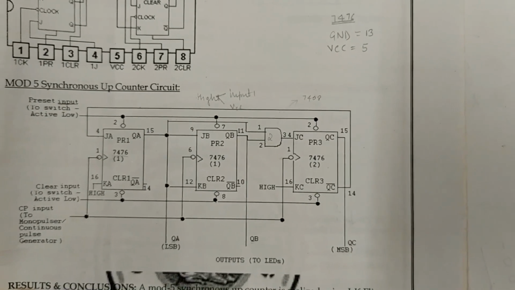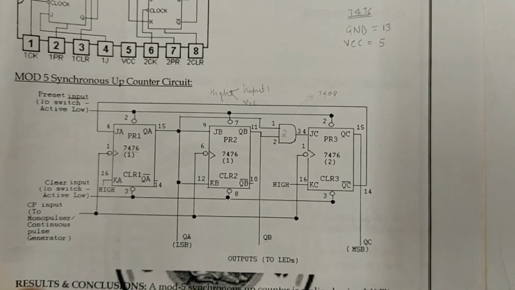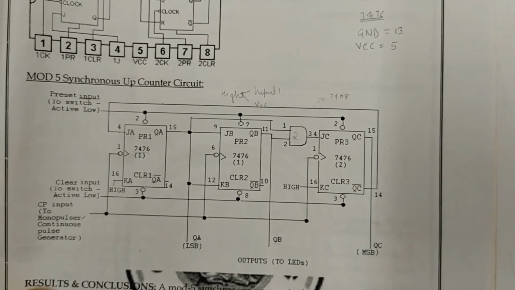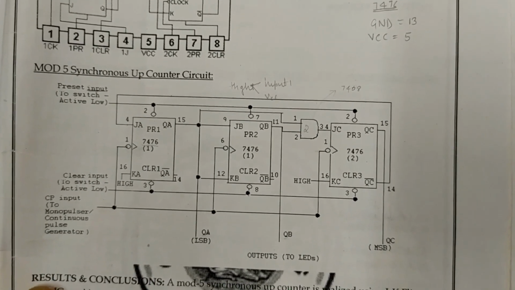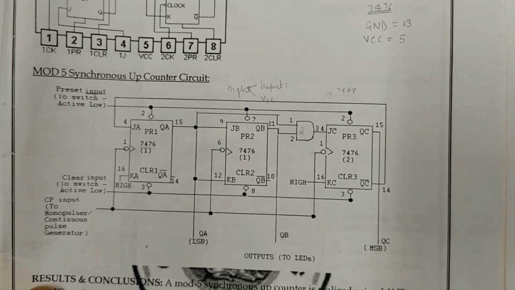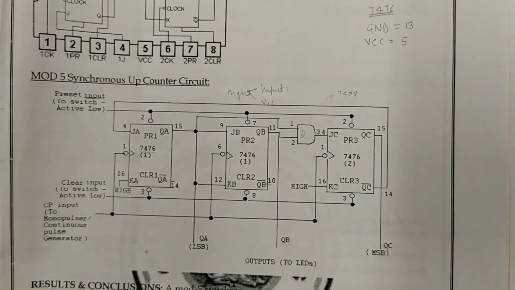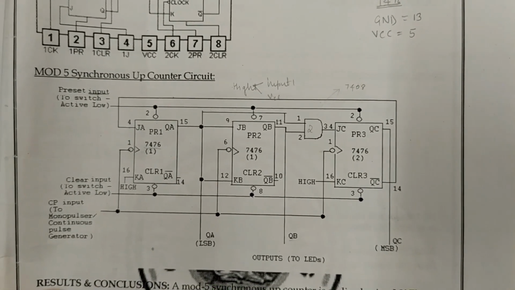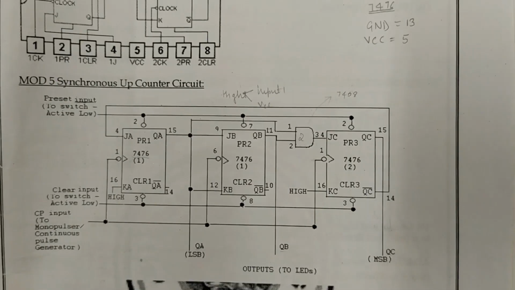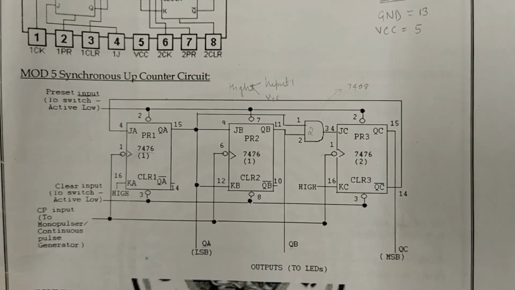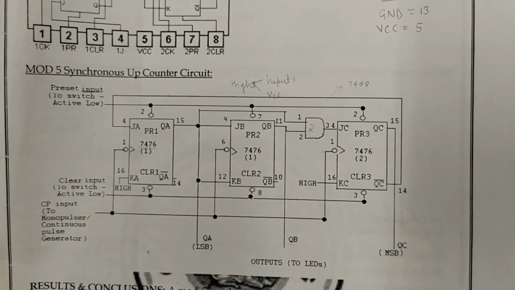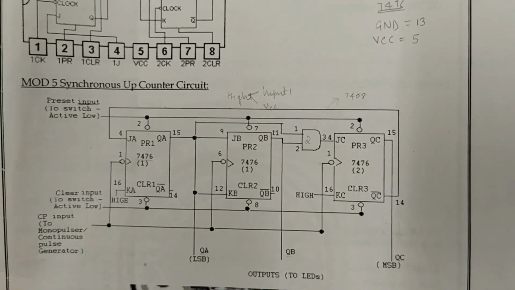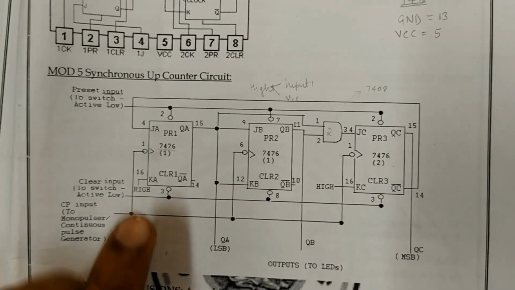Moving on to the implementation part after the design, this is the circuit diagram we have obtained. You can see there are 3 flip-flops connected by a single clock synchronously, and I have also given you the reason why I need to use 3 flip-flops in my mod 5 counter. You can also see the various inputs are connected as per the expressions I obtained from the K-map.